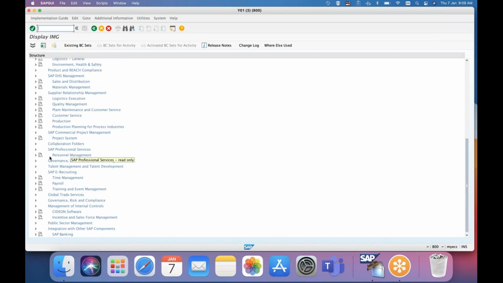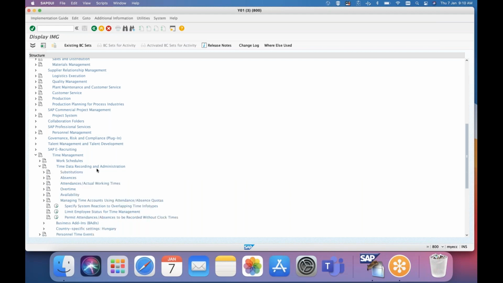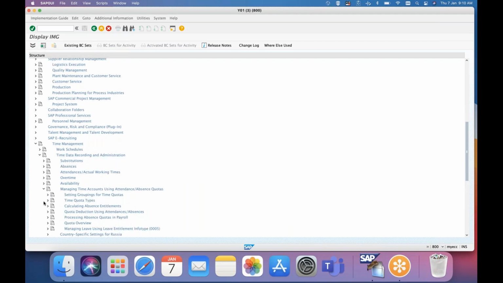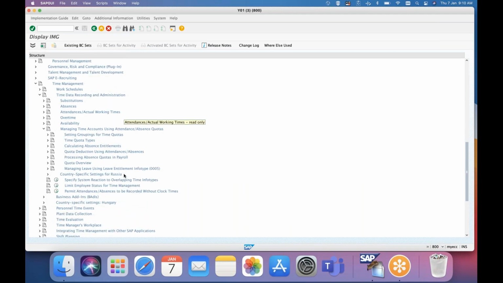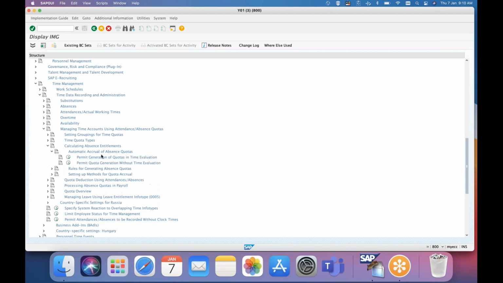But here, when you are implementing time evaluation to generate the quota, we have to take care of a few steps to activate time evaluation from a particular date. In time recording, we have managed time accounts. Here you have to take care, apart from regular configuration, of a few things like the very first step, the automatic accrual. These two nodes are the same.